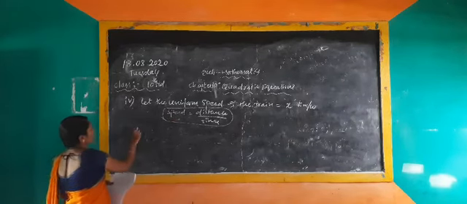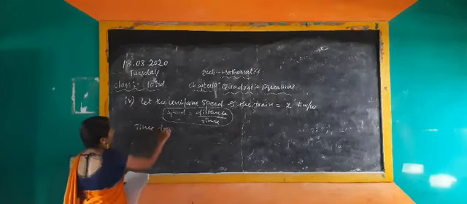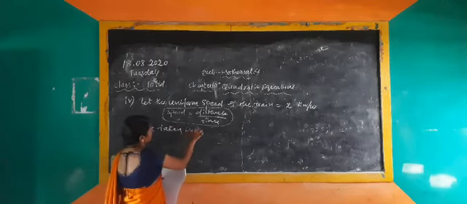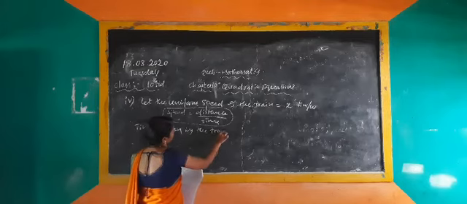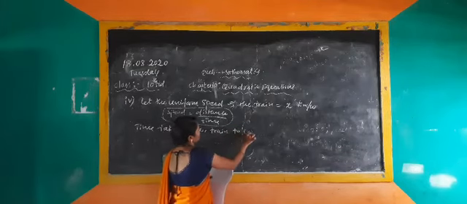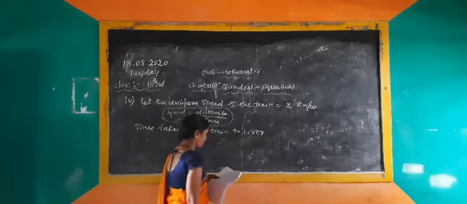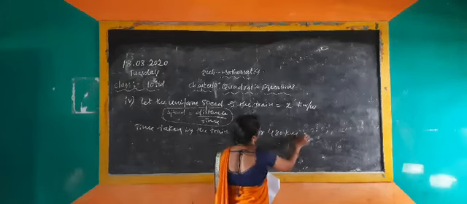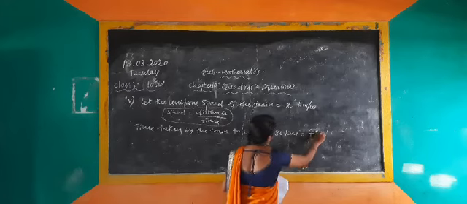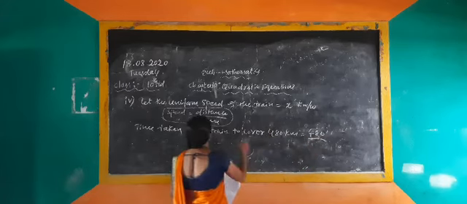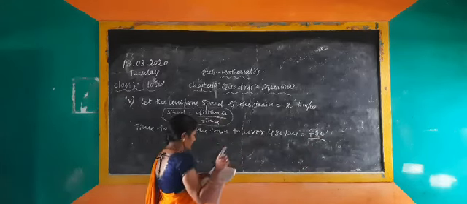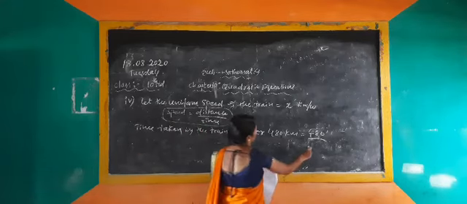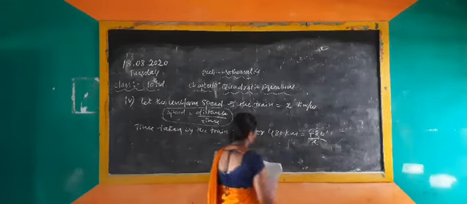Next, write down the time taken. Here the time calculation is given. Time taken by the train to cover the total 480 kilometers. Yes or no? That's what I am taking here, 480 distance. Distance, how much? First I have to take distance as 480. Time, here you have to take x.